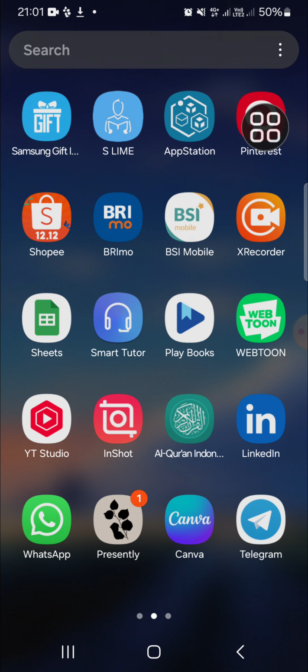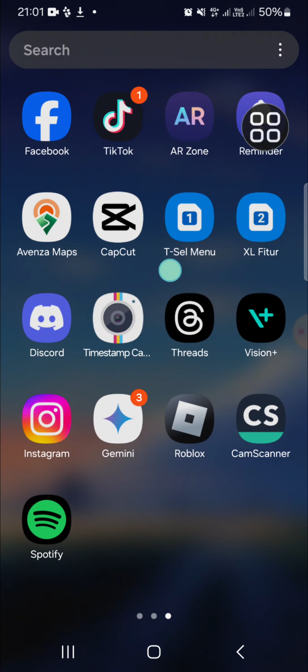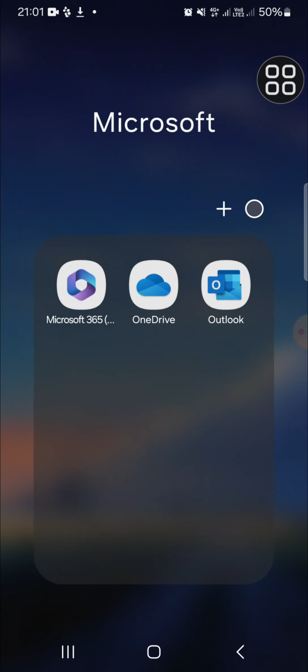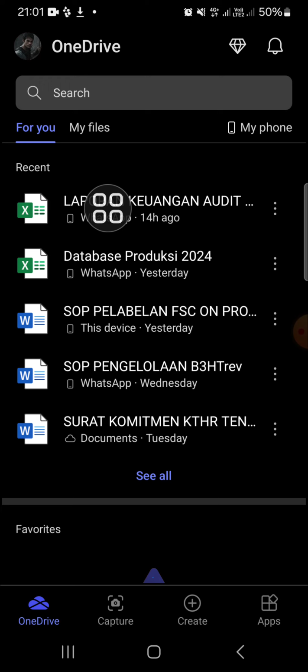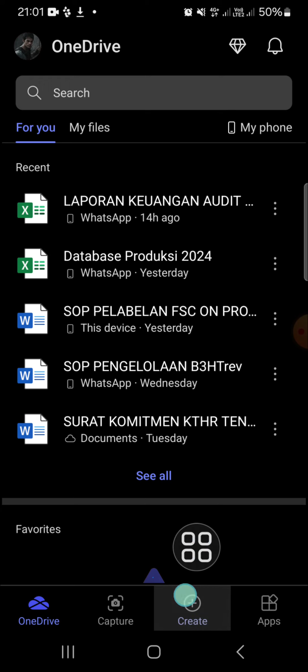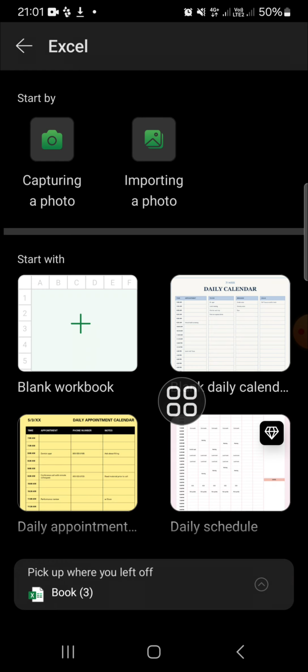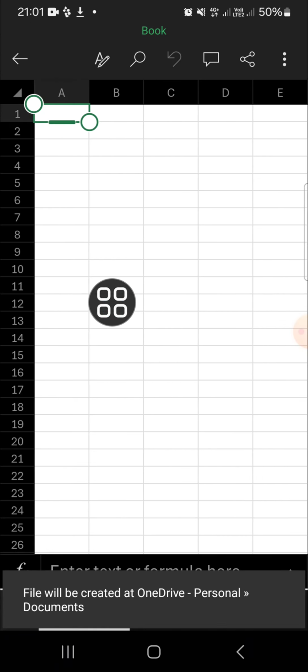First of all, I'm going to open up my Microsoft application on my mobile phone. I'm going to go to the Microsoft right here, and then I'm going to open up this application, and I'm going to create an Excel document. I'm going to click on create and I'm going to select Excel. Okay, I'm just going to choose blank workbook, and here I'm going to show you how we can insert an image